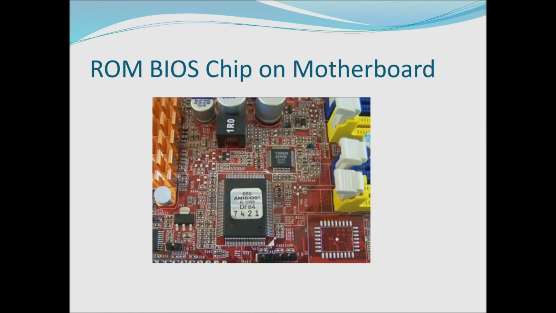This is called the ROM BIOS chip, read-only memory basic input-output system chip, in which we store the manufacturer details of the computer inside it. The information stored in this is called firmware. System related information is stored in this BIOS chip. Whenever you switch on the computer, the system starts booting based on the instructions stored on this chip.